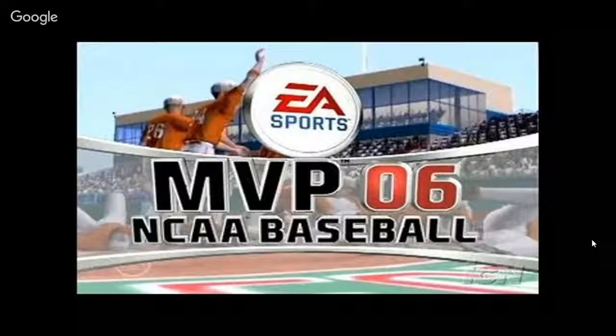Outside corner curveball, strike 2. 85 mile an hour on that one. And there's the pitch. Curveball, got him swinging, strikeout. That'll be out number 1.